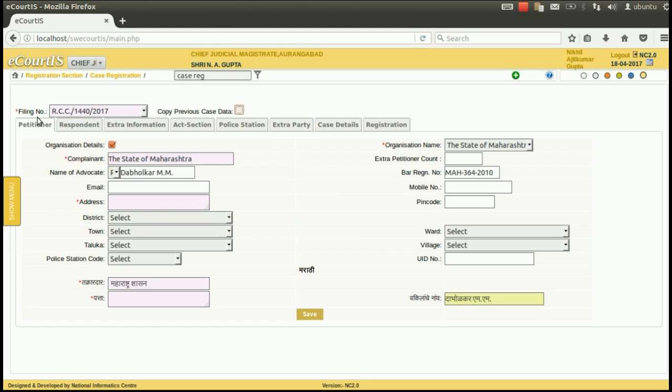For registering the case, fill each and every field of the registration window. First, the name of the complainant which is already there. Then extra party count if there are. Name of the advocate which is already there. Bar registration number which is there. Email if available. Mobile number is available. Then address. Pin code,